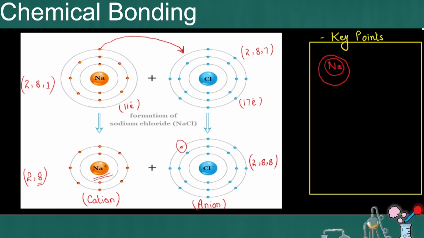Like in the first shell you have 2 electrons, in the second shell you have 8 electrons. So we will just draw that. Okay, so in the first shell we have 2 electrons, in the second shell we have 8 electrons, and we will put a positive charge outside the bracket, at the top side. This is the sodium ion. You just have to make the dot and cross diagram of the sodium ion with the square brackets. Similarly for the chloride ion,